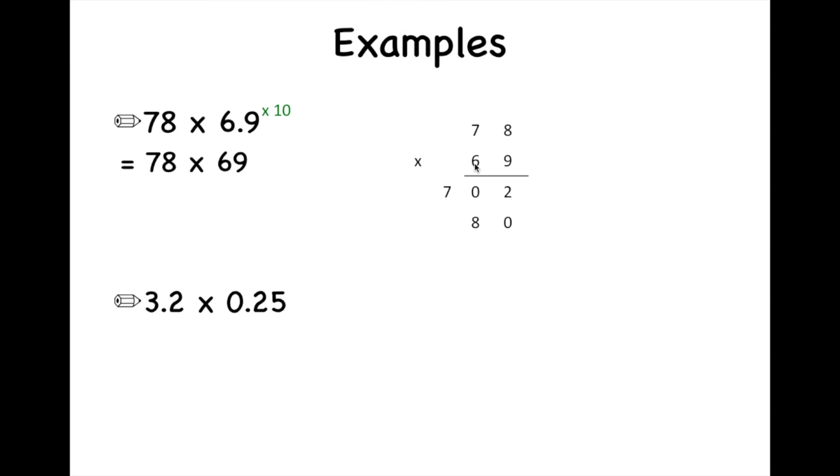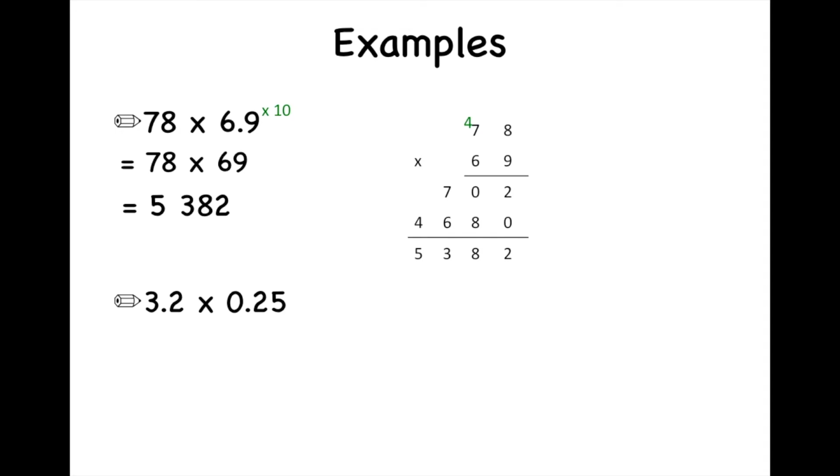So 6 times 8, which will give me 48. That means I now have to do 6 times 7 and add the 4 in order to get to 46. All I have to do now is to add like normal. So 2 add 0 is 2. 0 add 8 is 8. 6 add 7 will be 13. I carry over my 1. And 4 add 1 makes 5. So this will give me a total of